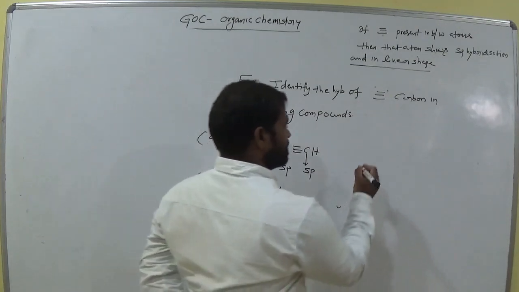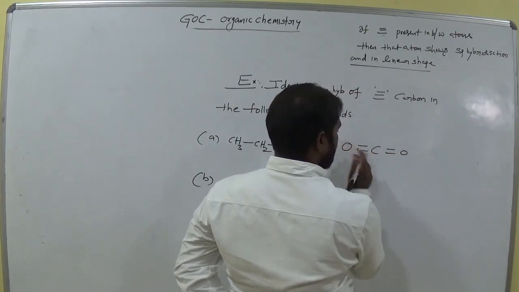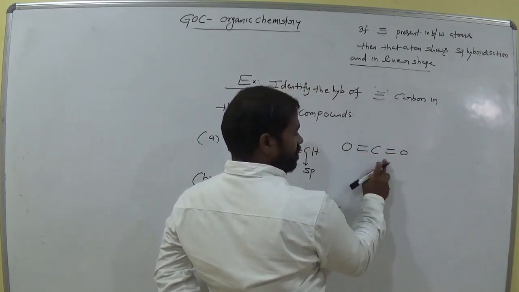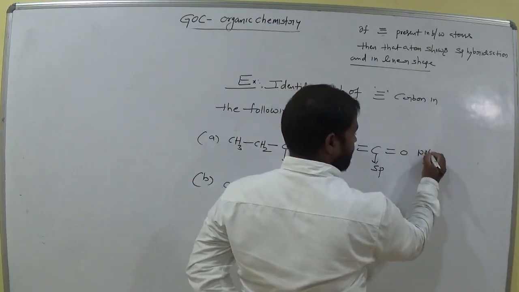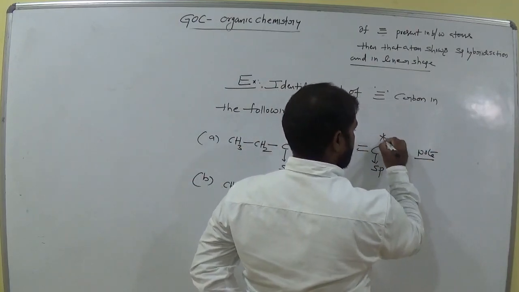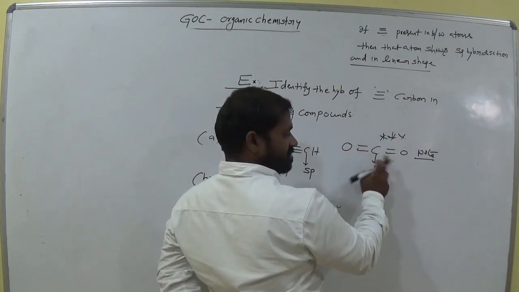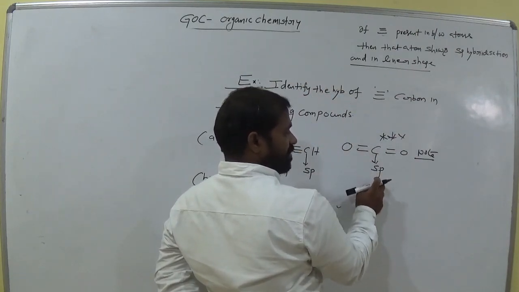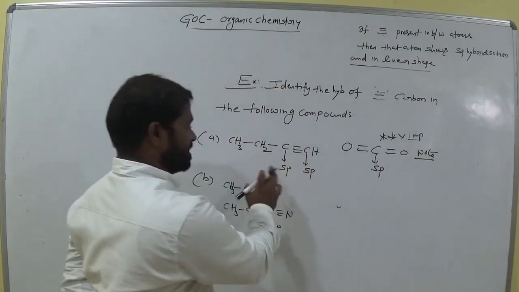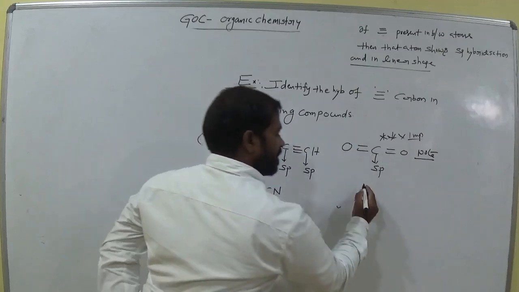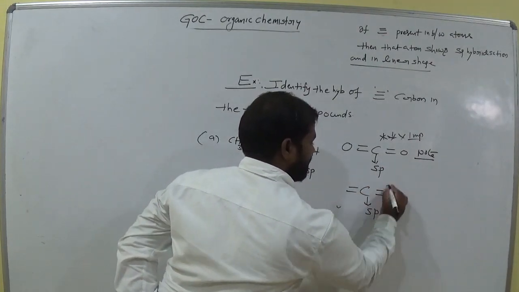Everyone? So let's see. In the case of carbon dioxide, a double bond is there on both sides. This is also sp. Remember, not very important. So the carbon with two double bonds, then it shows sp hybridization. This one is important. So a triple bond is sp. The carbon with two double bonds like this is also sp. Remember this.